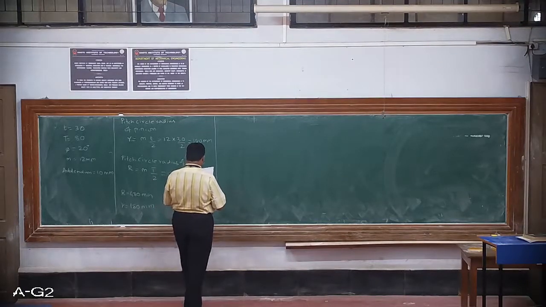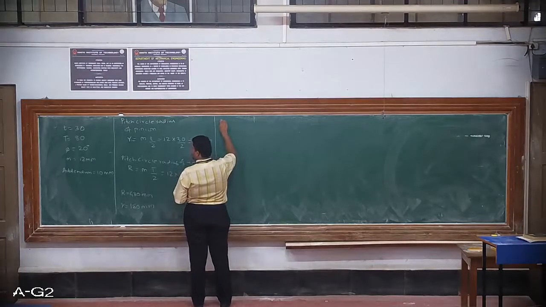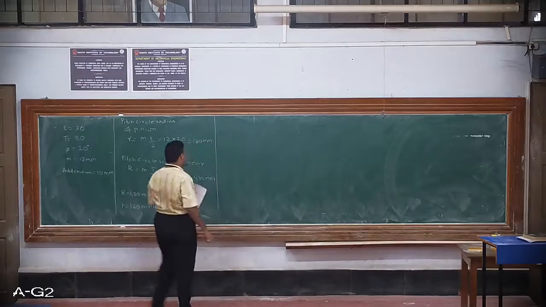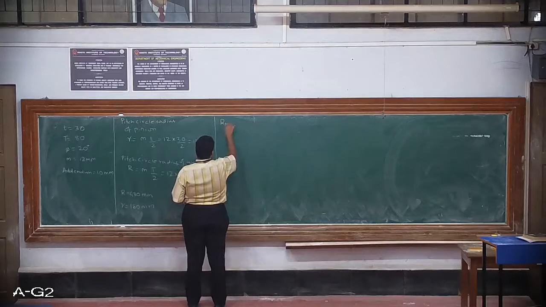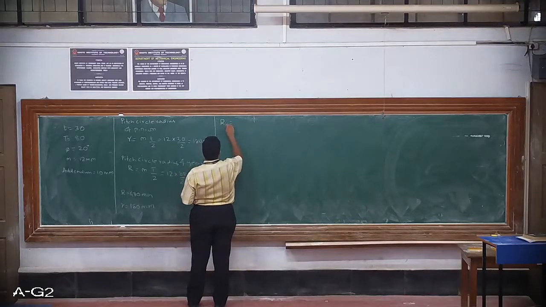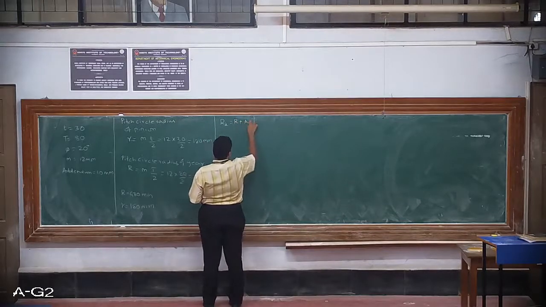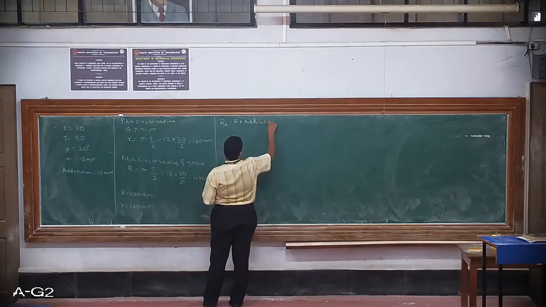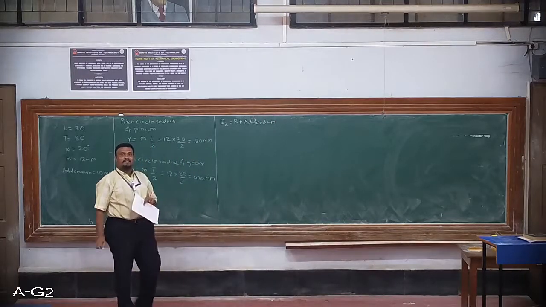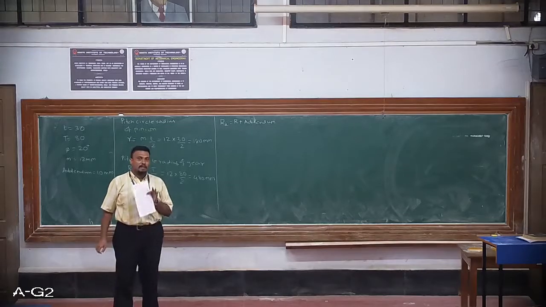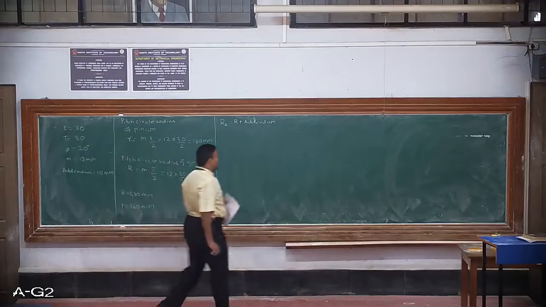So next we shall determine the addendum circle radius. The addendum circle radius can be determined using the equation RA is equal to R plus addendum. Now here one thing you need to remember, the addendum is the same, but the addendum circle radius for gear and pinion is different. Most students tend to get confused here.